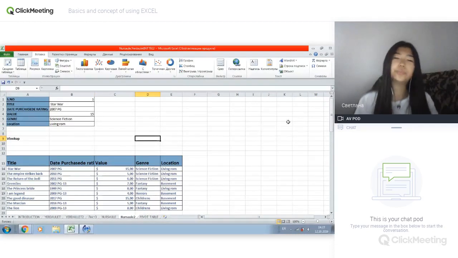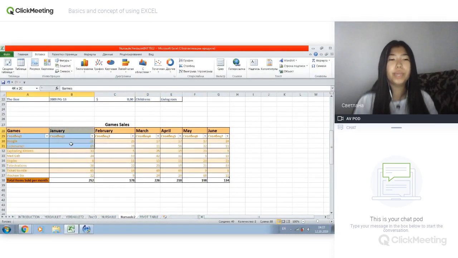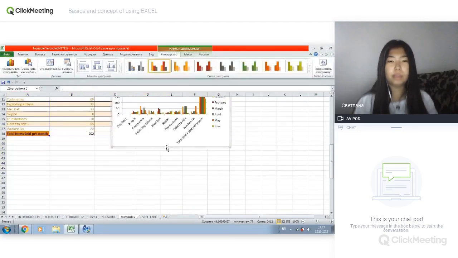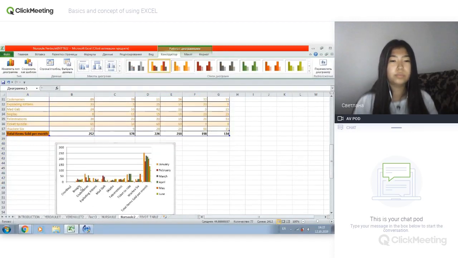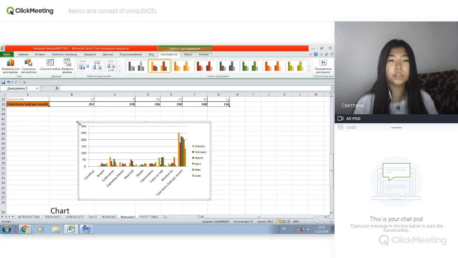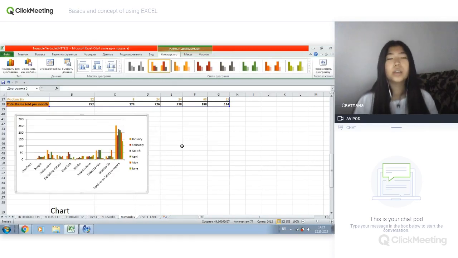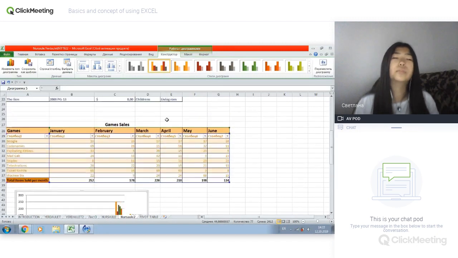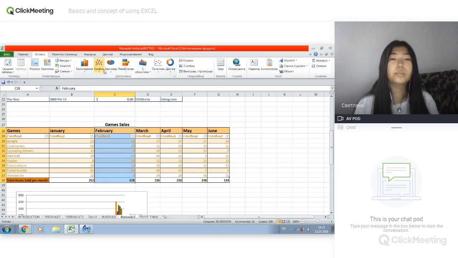This page. For example, we have this kind of table, and we'll select all of them, histogram, and then this is an example of Google names and how many in January. This kind of chart is really useful in factories. For example, in the company's factories, they give the results of the year, for example, only the February's, for example,